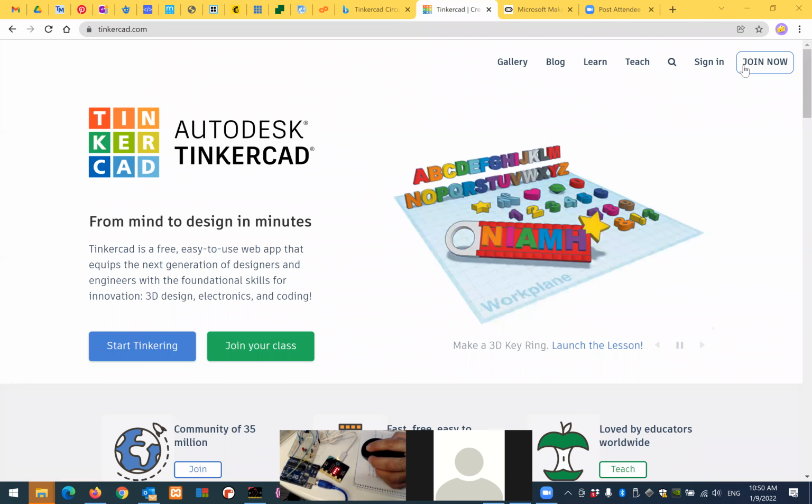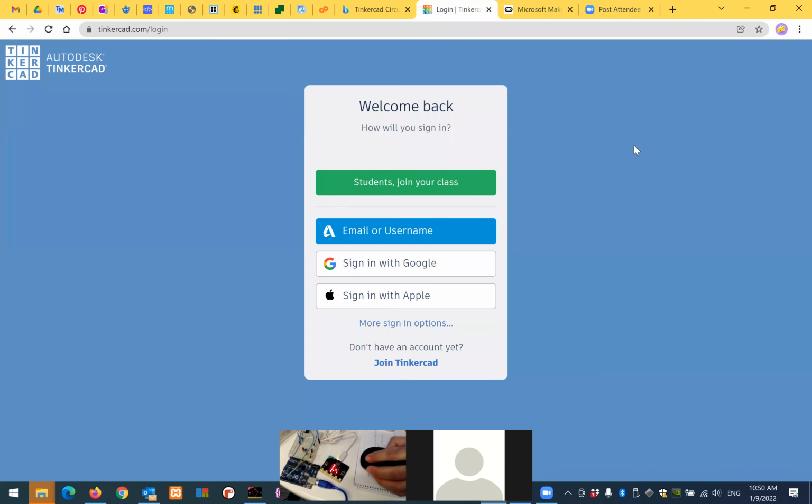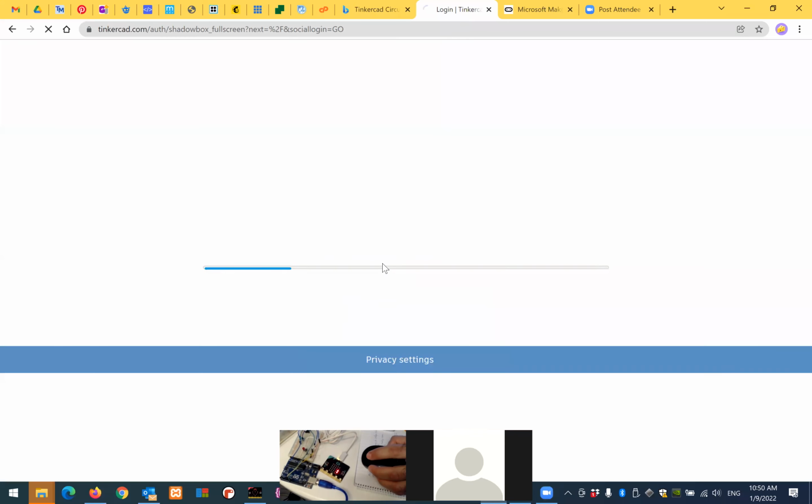You can click on sign in, and here you have the options of signing in with Google or with a username. As most of the students have a Google account, an email or a username, I will click with Google. I will choose my account, and like this you or your students will do it. And once we are in,